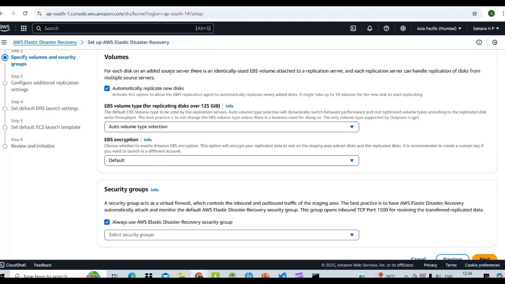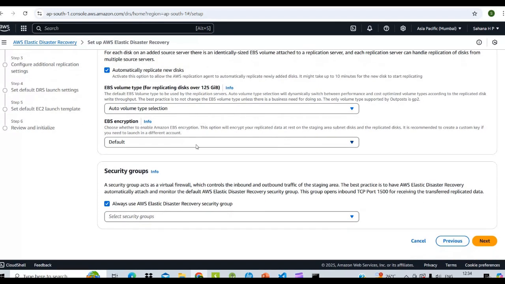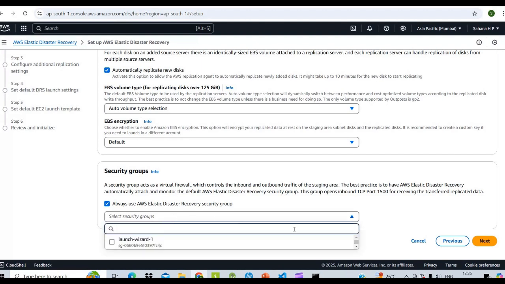Click on next. The next is volume. It automatically replicates the new disk, with automatic volume type selection and EBS encryption as default. Always use the Elastic Disaster Recovery security group. Just click and select the security group, the EDR SG.